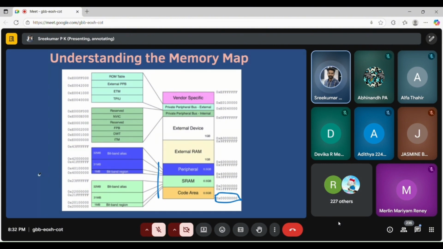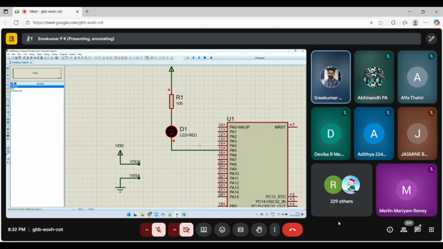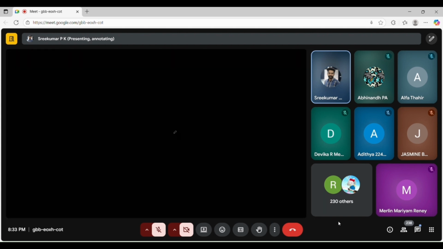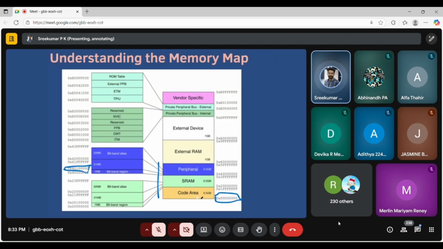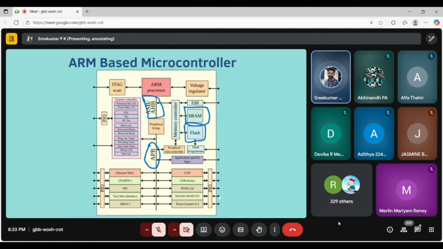GPIO is one among the peripherals which lies at address 0x40100000. Imagine that your GPIO pin belongs to this particular address. Your CPU is writing a 1 at this particular address. This is what happens when this LED illuminates. When it writes 0, it is turning on. When it writes high, it is turning off. See, this is our architecture.